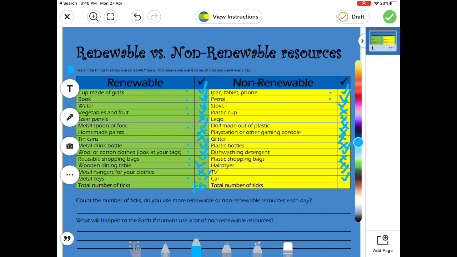Okay, let's count. 1, 2, 3, 4, 5, 6. Six. Okay, so let's have a look at the next question. Count the number of ticks. Do you use more renewable or non-renewable each day? Well, I know that I use 10 renewable and 6 non-renewable, so I know I use more renewable